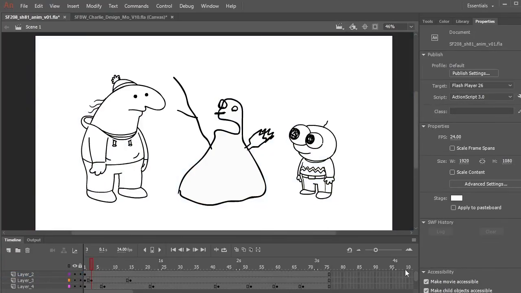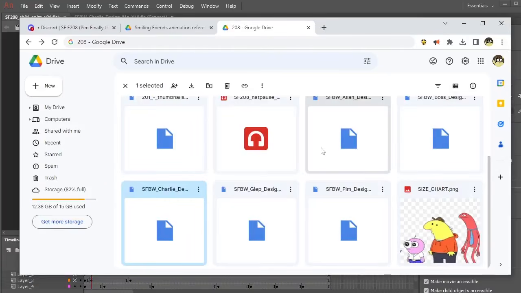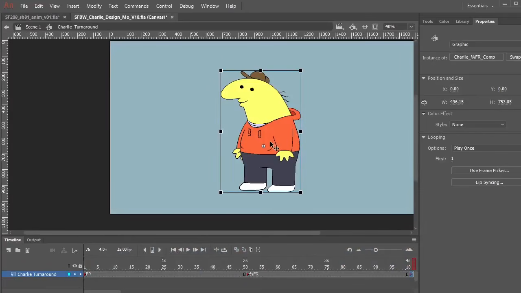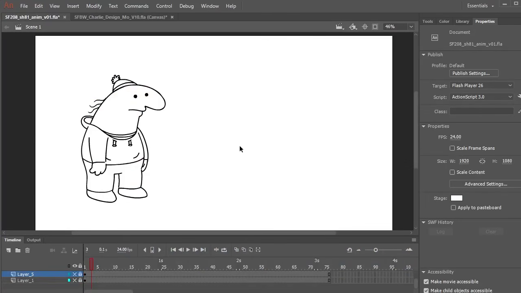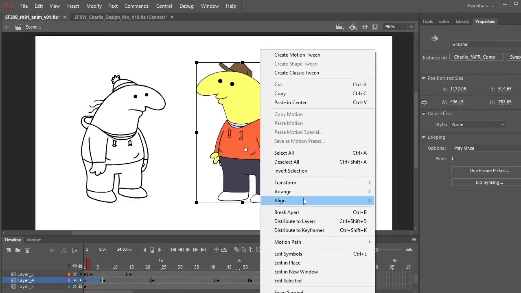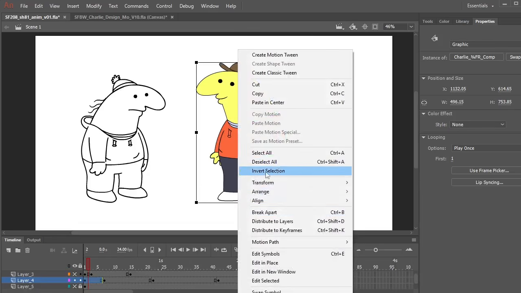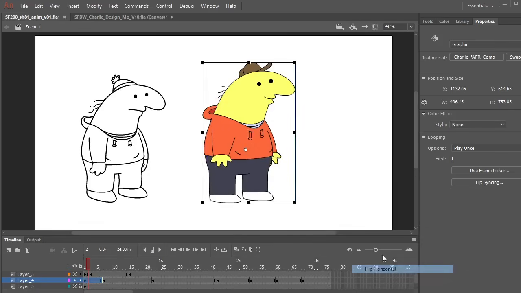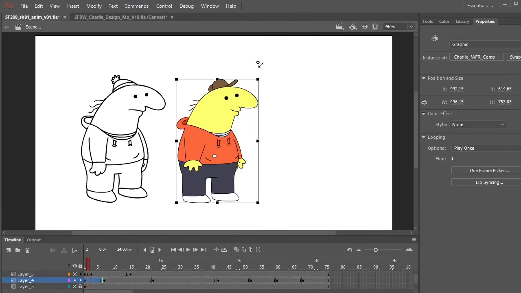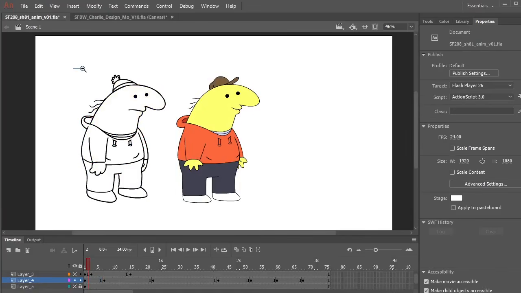So, how did I get my Charlie? You jump on the drive. If you don't really know how to draw the characters, this will be helpful. You'll have some resources, including character models. These are called our builds. And I'll just bring the build into the scene here. Don't use the free transform to flip it because you might not be precise. Right click, flip horizontal, and make sure that the sizes are accurate to the other characters relatively when you resize it.